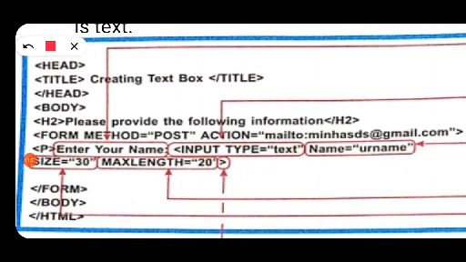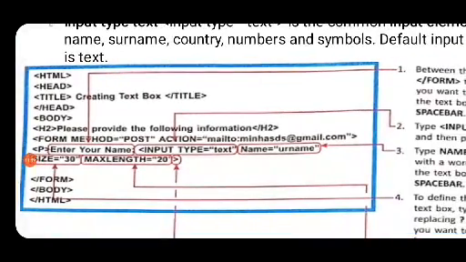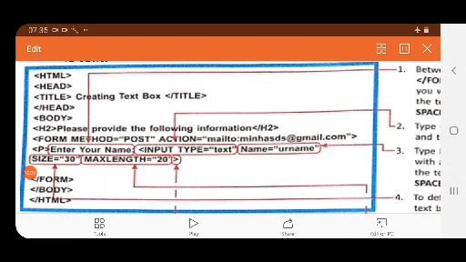So you can have input type equal to text and name is equal to your name. So basically you have to start with form tag, method is equal to post, action is equal to mailto, the email ID, that is the basic thing. You can always just skip that name and enctype. Then enter is equal to enter your name, that will be shown first. So text box will be created with max length of 20 and size is equal to 30.